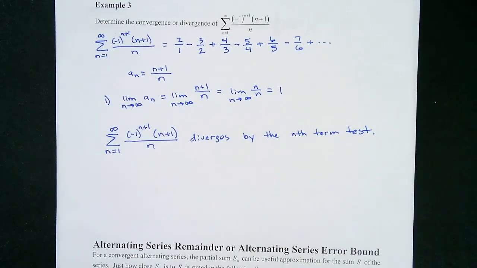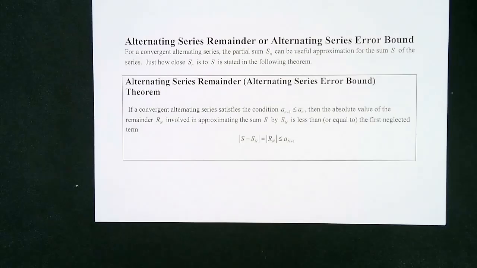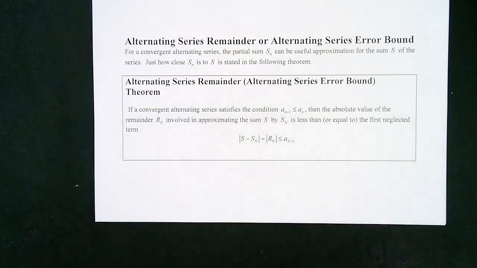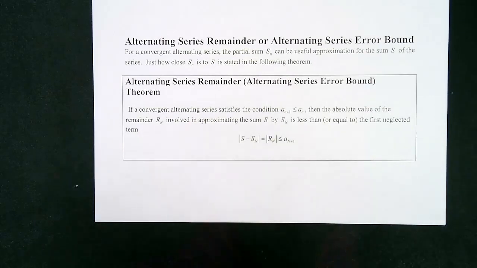And we know it's going to diverge then, okay? So now we're going to look at something slightly different. We're going to move into something different, and it's called the alternating series remainder, or the alternating series error-bound theorem, okay? All right, so for convergent alternating series, the partial sums we can use to approximate the actual sum of